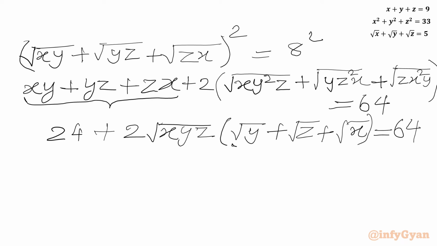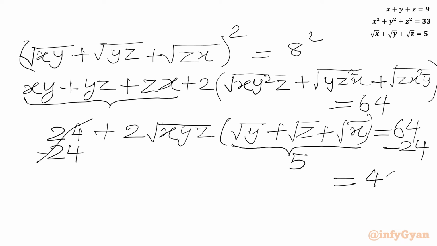Now square root x plus square root y plus square root z. This is 5, equation number 3. We'll subtract 24 from both the sides. So we are going to write minus 24 in RHS also. 64 minus 24 is 40. And 2 times 5 is 10. So I can write 10 times square root xyz